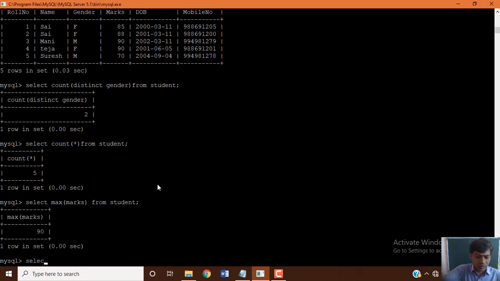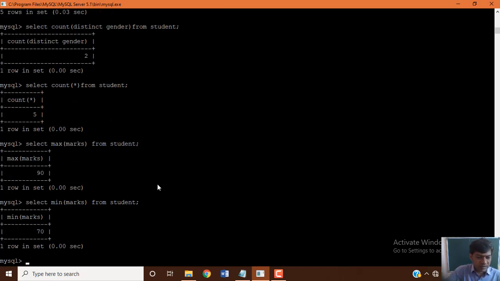Let's see the output. Select min of marks from student, minimum marks. Same way, you can apply sum of marks from student.